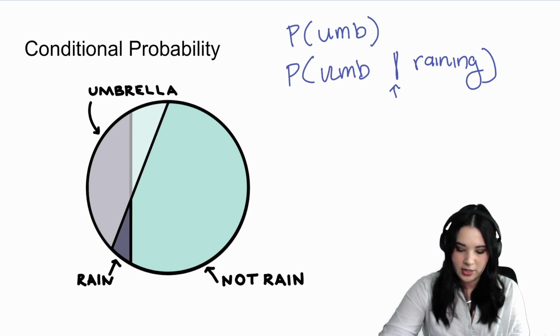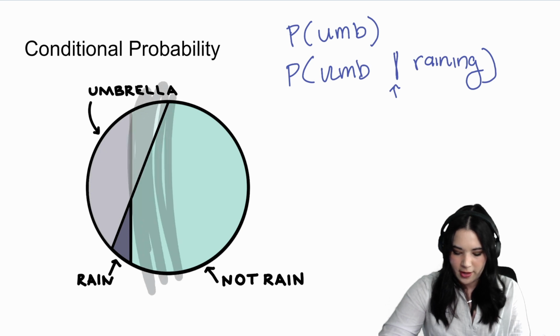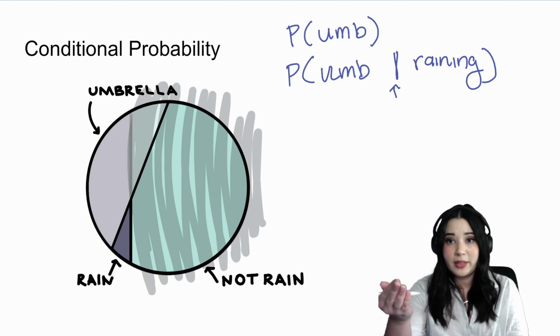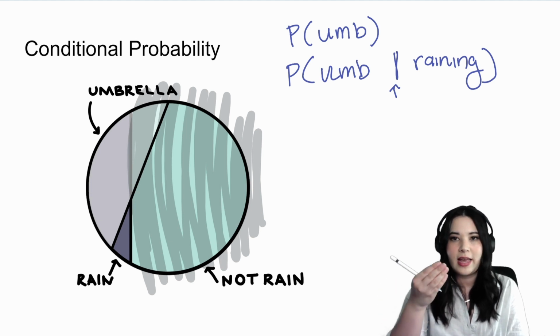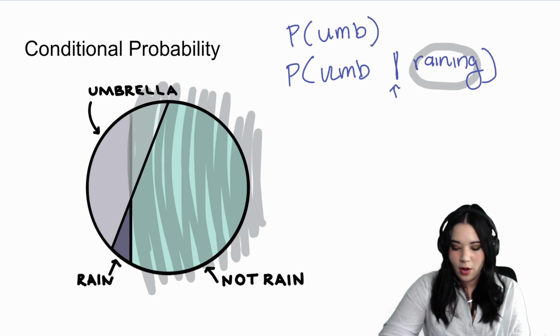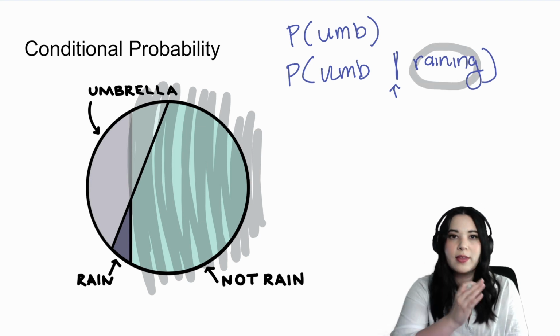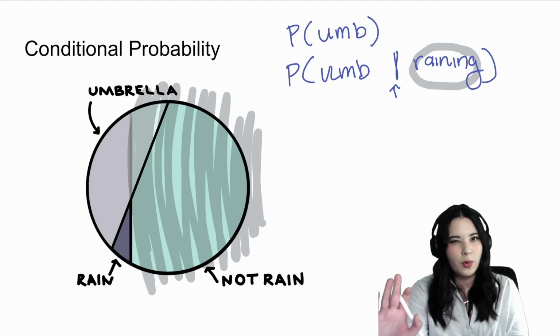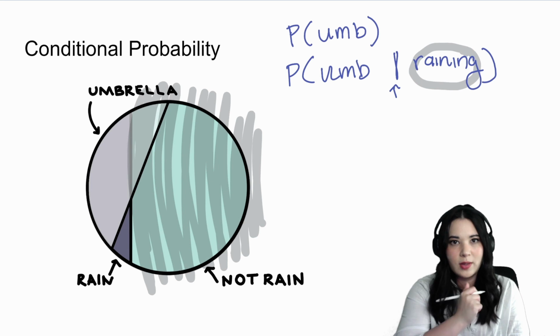So we are going to go ahead and basically ignore everything on this half of the circle. When we have a conditional probability, what we're doing is saying, let's only look at cases that we know it's raining. So everything after that given, we're saying, assuming we know it's raining, let's look at the probability that you